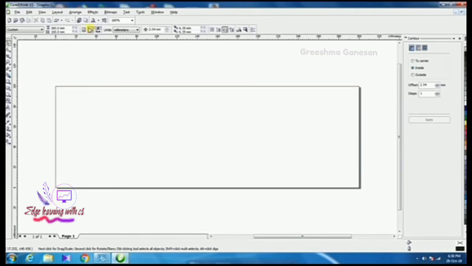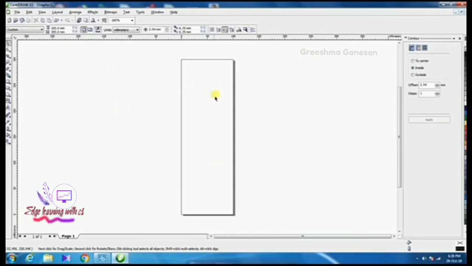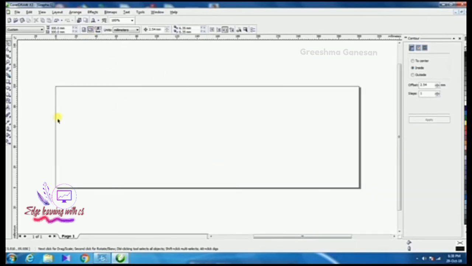Then the next thing is orientation. You can see this is the orientation option. You can choose one of two: one is portrait and the other is landscape. And you know the difference between both, because one is vertical and one is horizontal in orientation. Then see the default, that will be portrait every time, and you have the complete right to change it. And you can see Page 1 here.